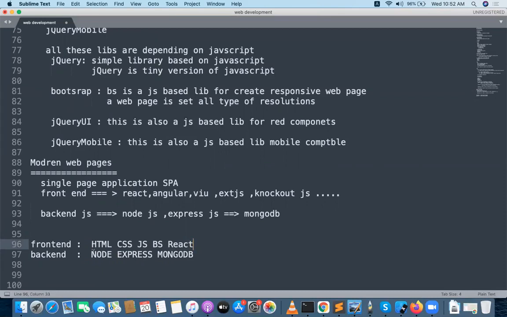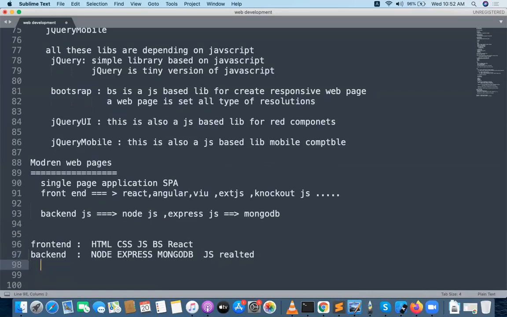And coming to the back end, Node is a very interesting one, which is going to connect to the servers, generate the APIs, and integrate with the MongoDB databases. MongoDB is a NoSQL database. There is no SQL query inside it. It writes directly in JSON format, which is very interesting. This back end is actually a JS related back end.